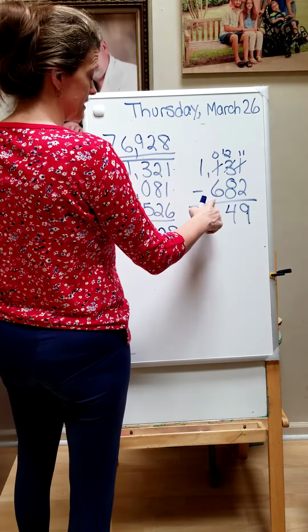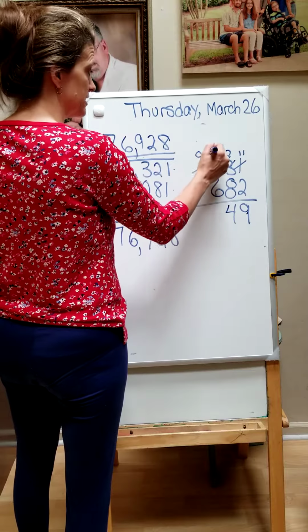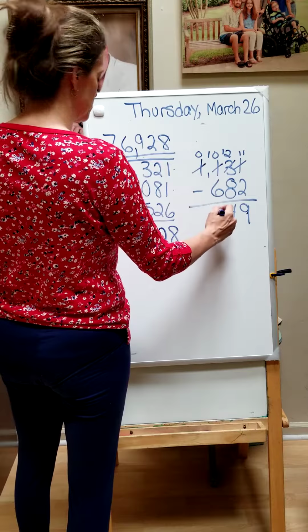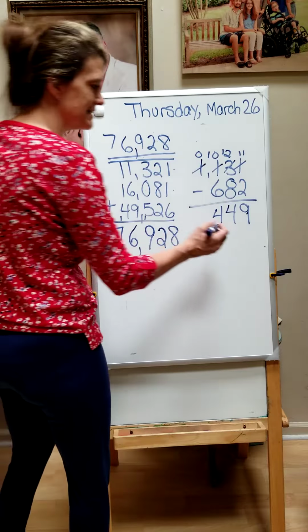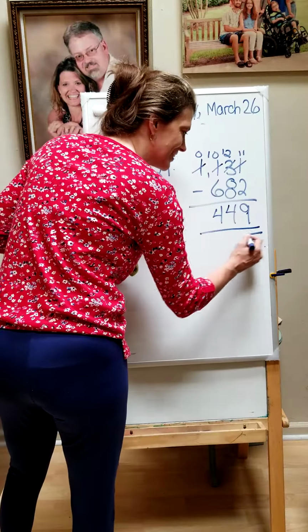I can't do 0 minus 6, so I'm going to go over here, cross that out, make that a 0, make that a 10. 10 minus 6 is what? 4. 449. Now, the way that we check these is we put a double line here, and then we're going